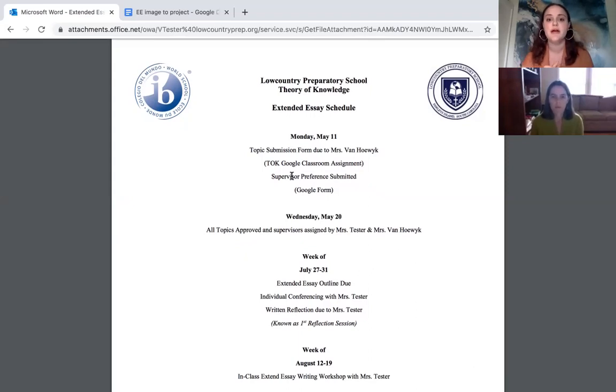They're also going to fill out a supervisor preference. That'll be a Google form where they can write down what teacher they would like to work closely with throughout their senior year tackling their extended essay. Again, this usually falls under the content area that they decide to tackle the essay. So for example, if they're writing about a research question that has to do with biology, they might couple up with their bio teacher. And we want their feedback as well, so we can create a matching process there to match our faculty with our students.